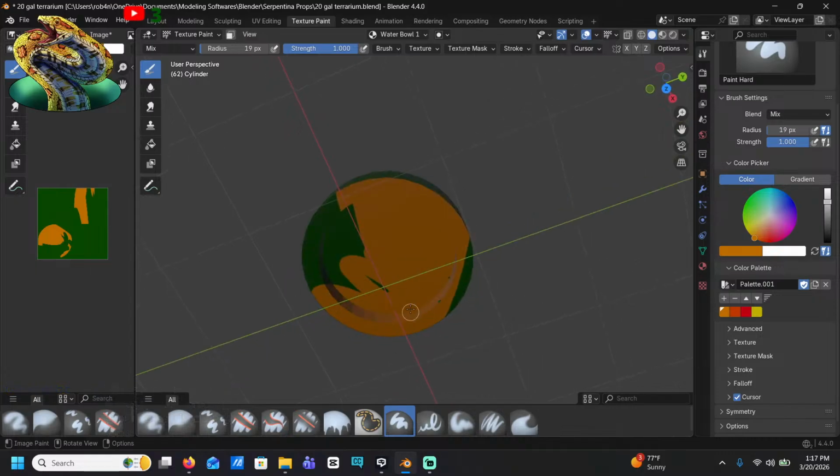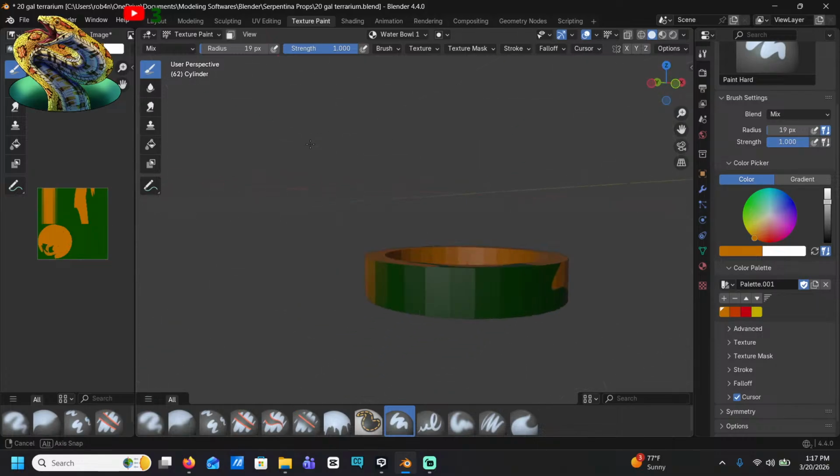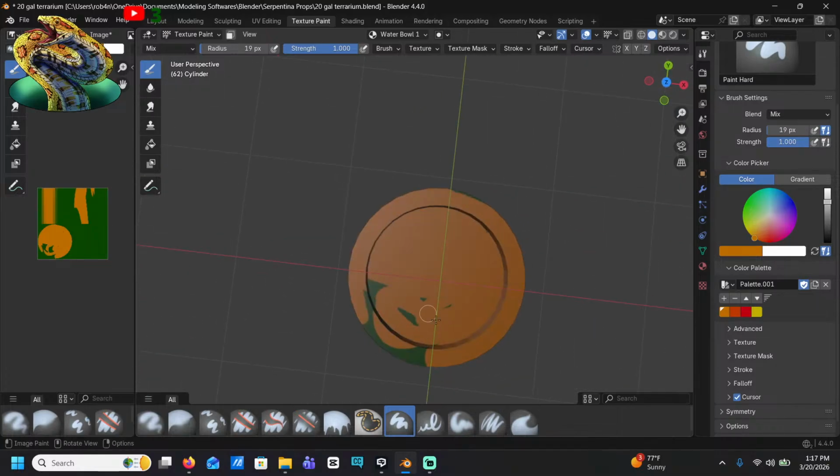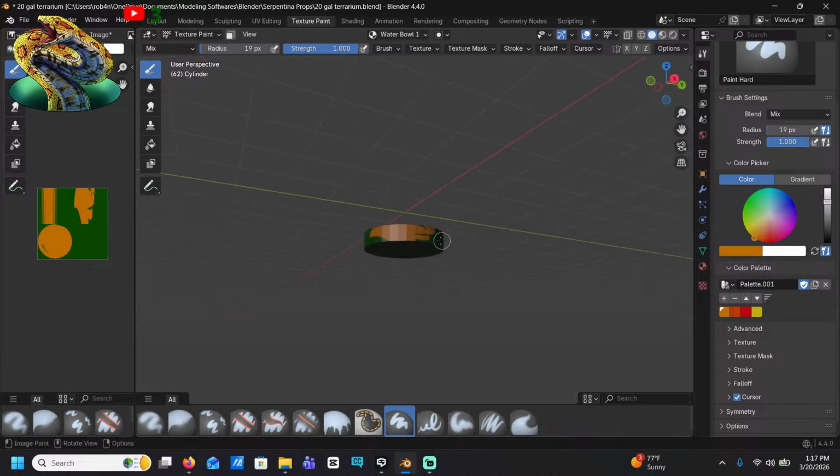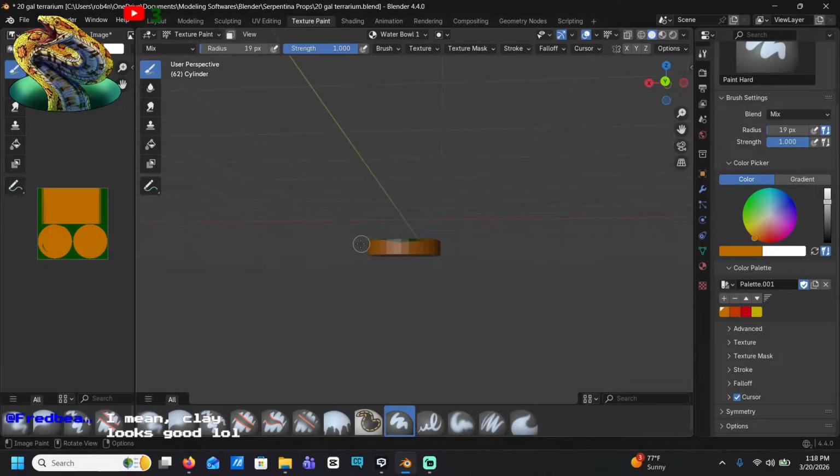But that looks nice. Ah, look at that fade. That's so cool. Okay, good.